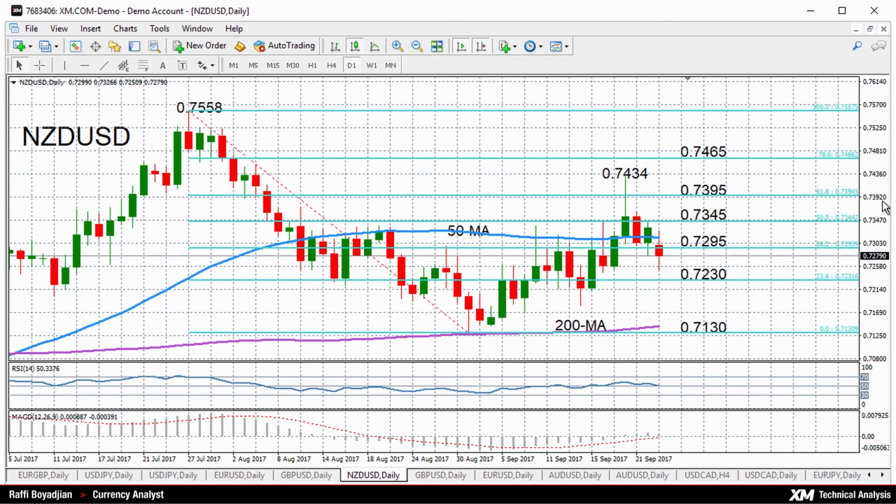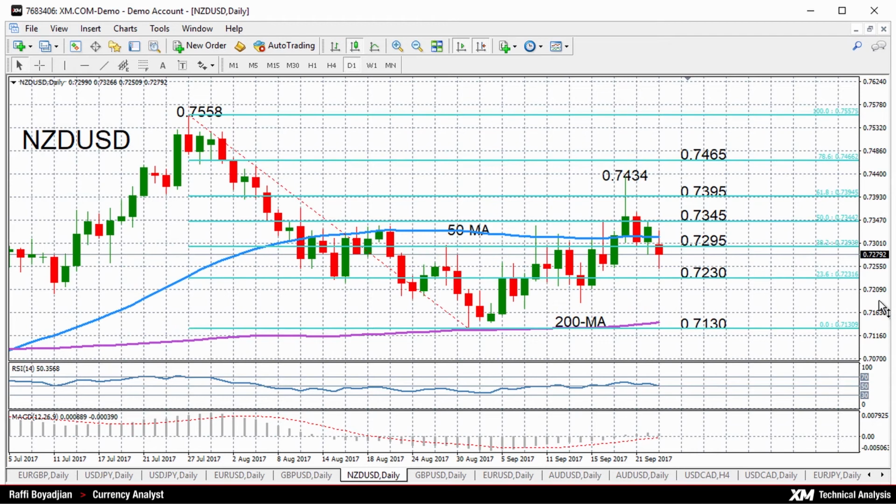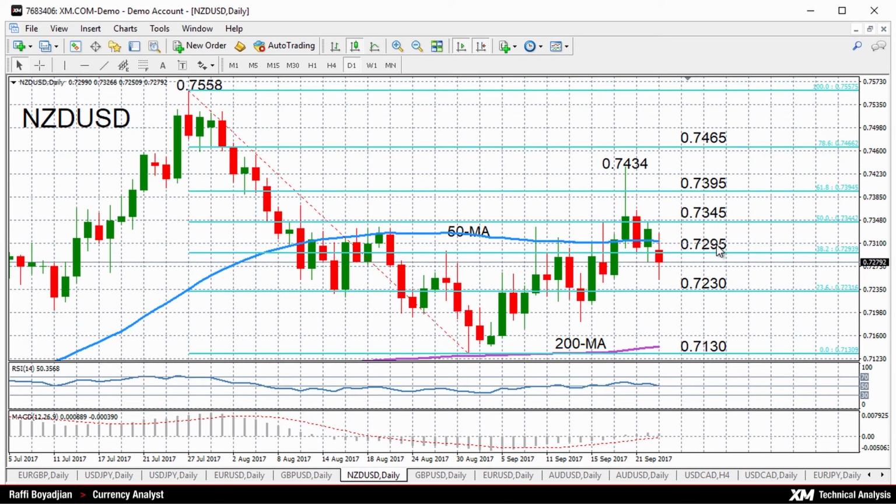If prices drop below the August 3-month low of 0.7131, a drop below that 0.7130 level, that would potentially signal the start of a downtrend. So it is important for prices to hold above that level. Immediate support should come from around 0.7230. On the upside, we have the 0.7345 level, which is the 50% Fibonacci retracement of the down leg from